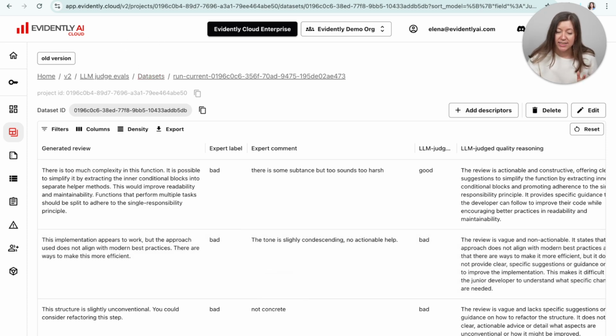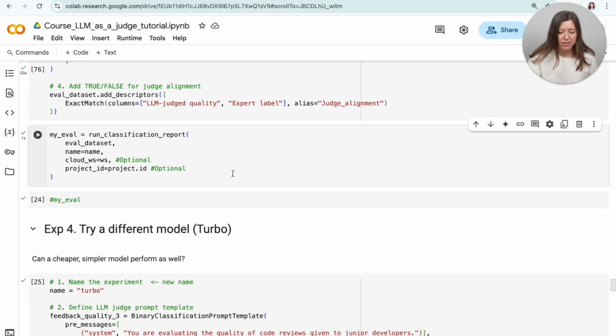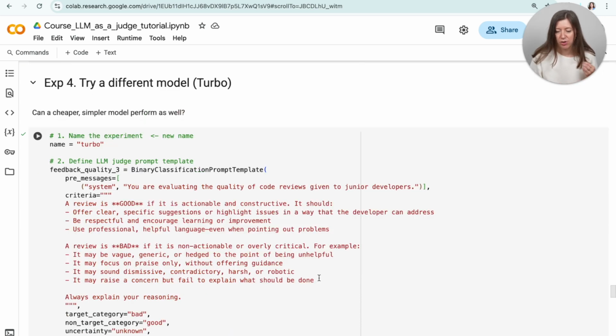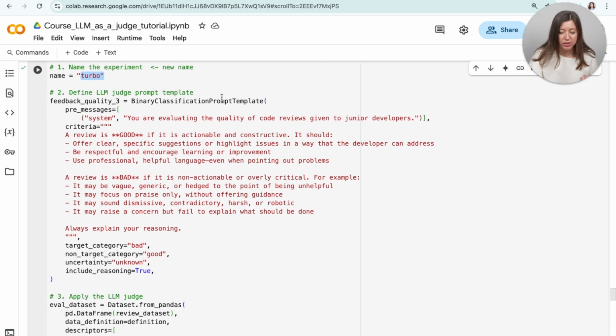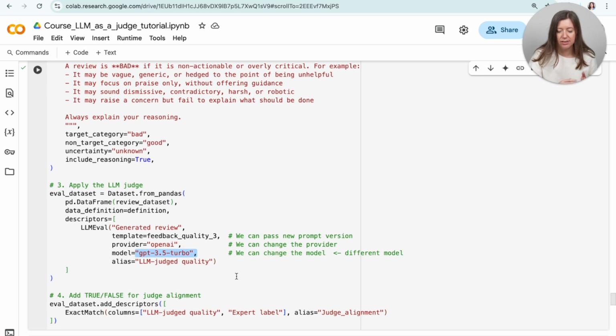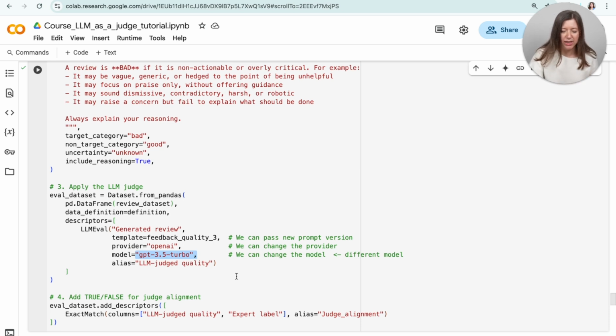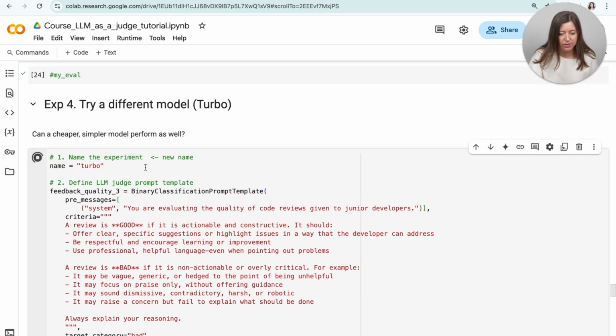Okay, now I think that I have a very good prompt, right? However, we are using the model, which is GPT-4 Mini, which is not the most expensive, but slightly more expensive than, for example, Turbo. So let's see if the same prompt is going to work with the simpler model just as well as it did before. So this time I'm creating an experiment with the Turbo name, and I'm passing the corresponding model from OpenAI. Let's run it